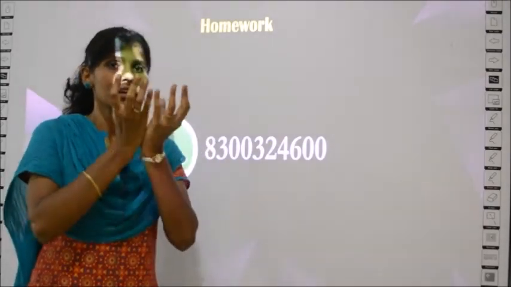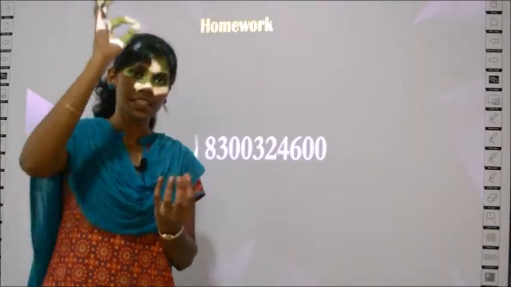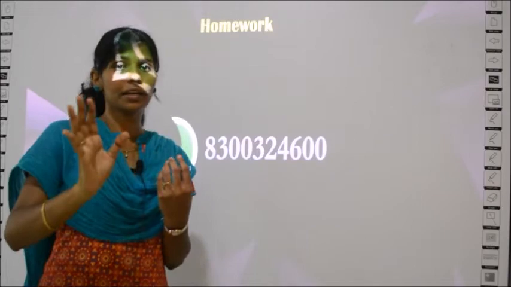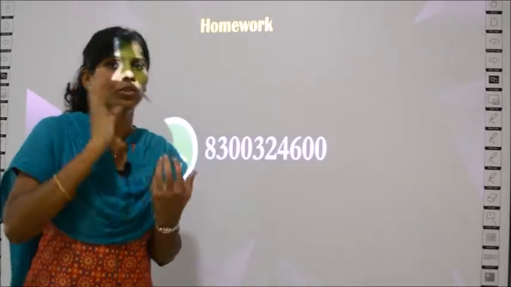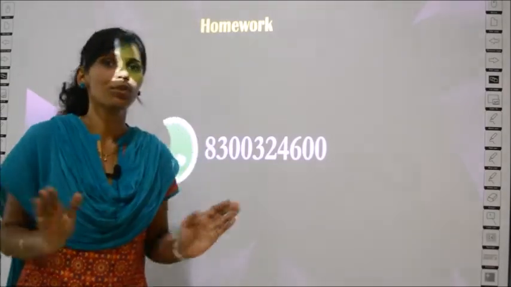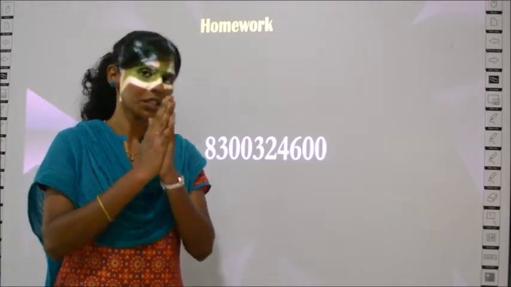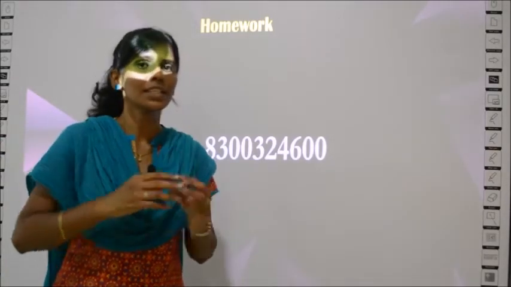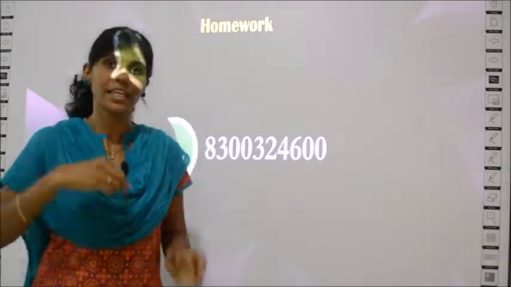So what I told: in a tumbler, take colored water, put the stem inside. You need not take the root, just cut the stem portion alone and put it into the water and keep it undisturbed. Do not touch it for 5 to 6 hours. So after 5 to 6 hours, what are you going to see? You will see the red colored liquid spread to the veins of the leaves and to the stem.